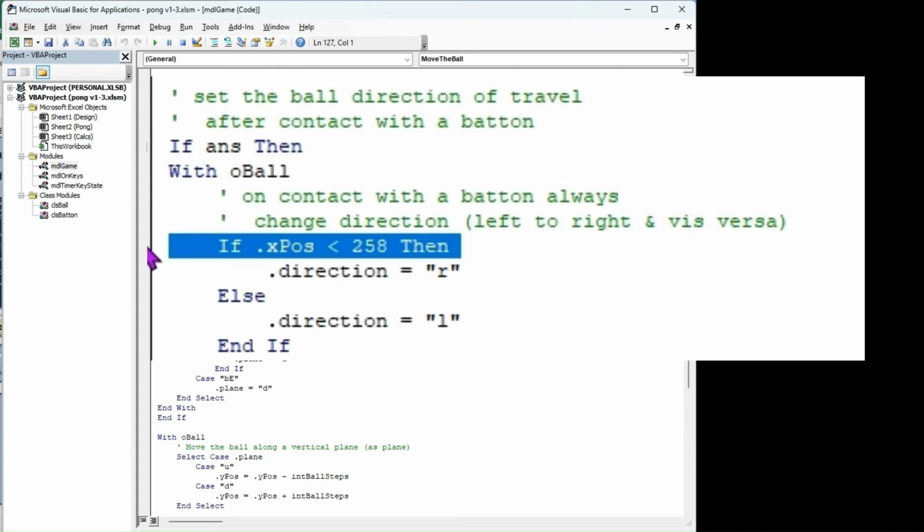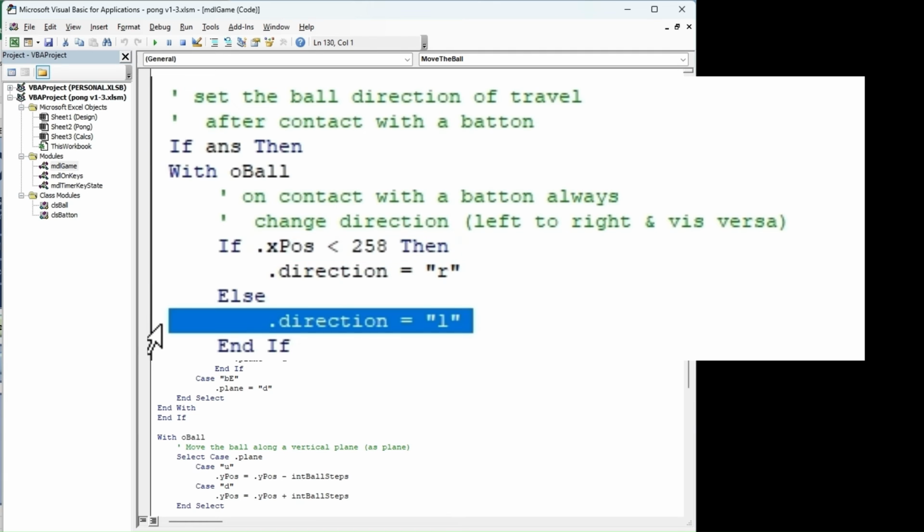Here we're using the midpoint of the game, and we're saying that if the ball is less than the midpoint of the game, then the direction has to be right on contact. So we're saying that if the ball is in the left half of the court, and there has been a collision with paddle 1, then the ball must move from left to right, and we set direction to R. Else, it means that the ball is in the right part of the court, and it must move from right to left, and we apply